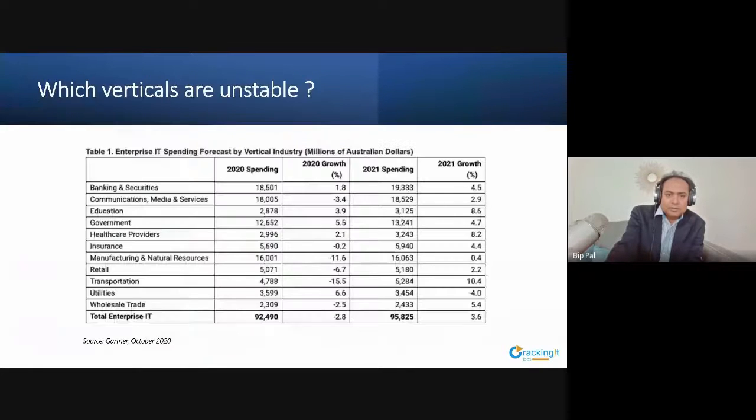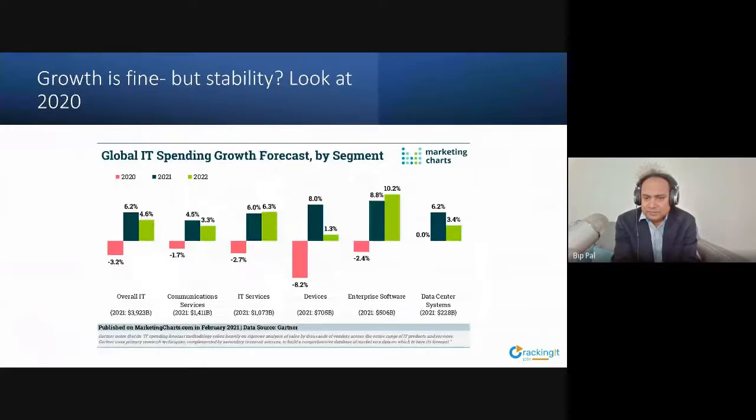Now I'm giving you the last 3 years of statistics on different verticals. As you know, in the pandemic year of 2020 there was a little less spending, but obviously last year spending in every other vertical increased. And in 2022, currently this year, I can tell you that we are definitely struggling a little bit because of inflation and other things.